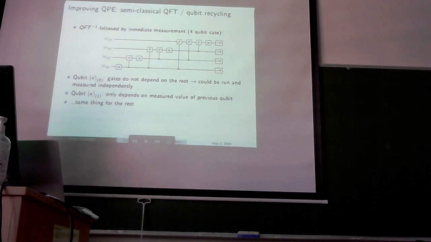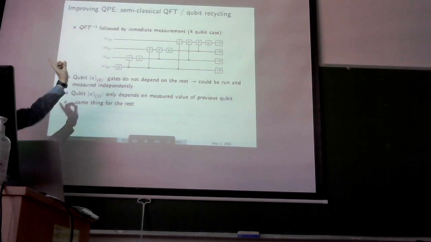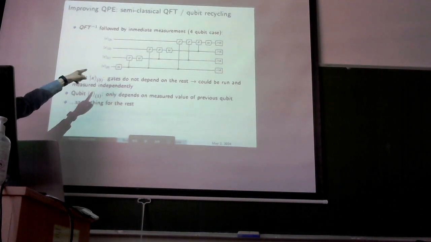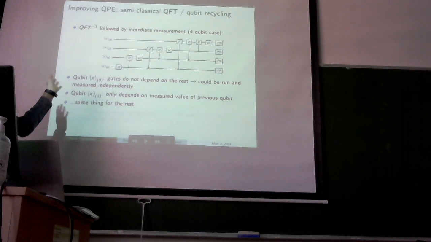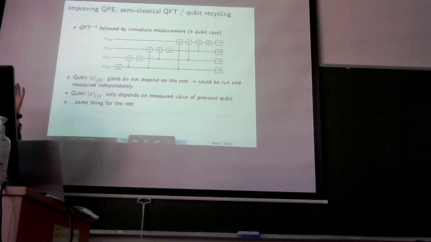For the second qubit, it is a similar case, because even though it has a phase gate which depends on this first qubit, if we happen to run the Hadamard on this initial qubit aside from the others, it can be shown that we could run the second qubit and this phase would only depend on the measured value on this first qubit.